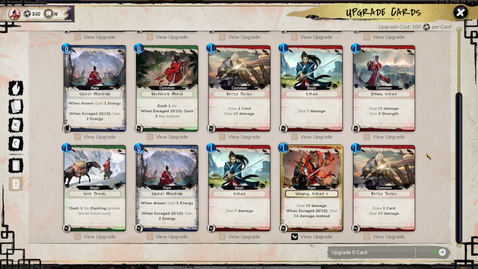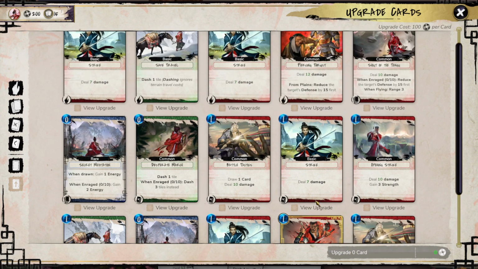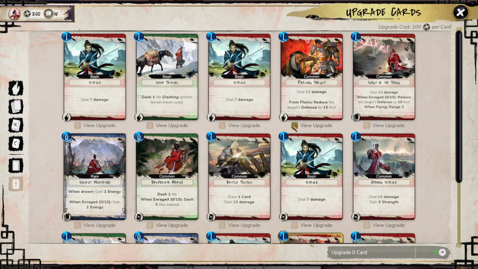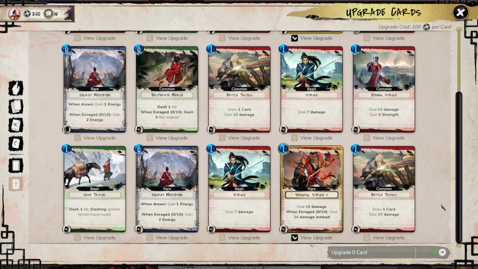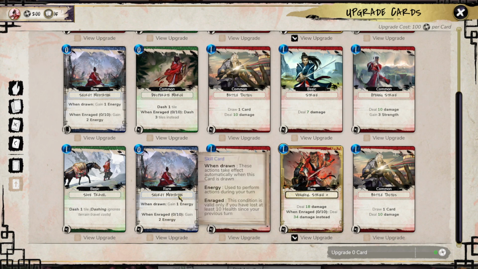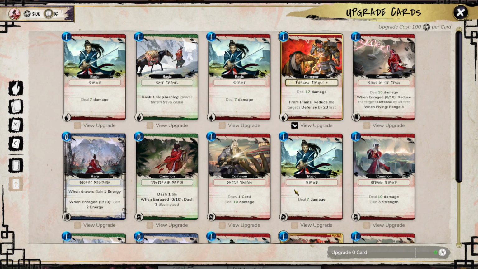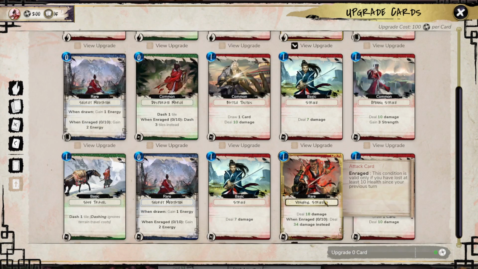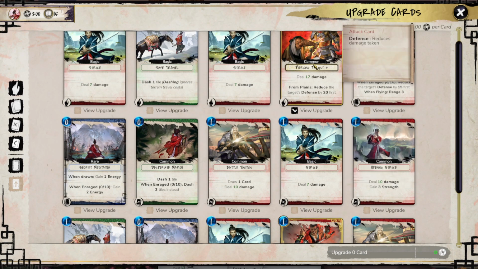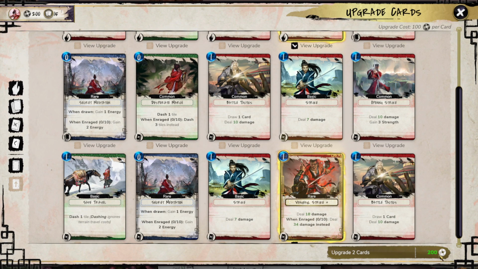Yeah, I can only upgrade 2. So I think we're going to have to go with that one. And probably that one. I mean, these energy cards, they would be awesome as well, but we can't do it, so we're going to have to go with damage. We'll take those two. Oh, we've got to actually select them. Oh, have we or not? No, we haven't. Okay, there you go. We'll select them, upgrade 2 cards,